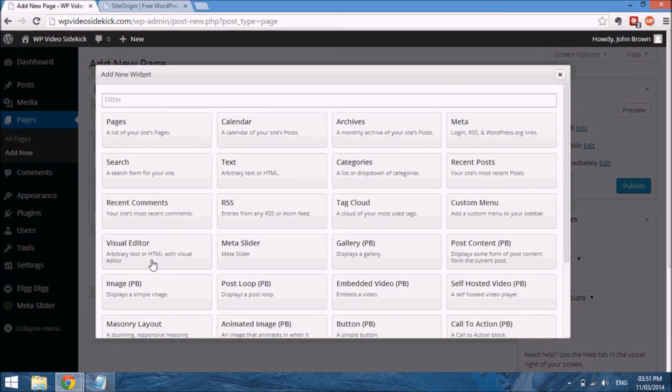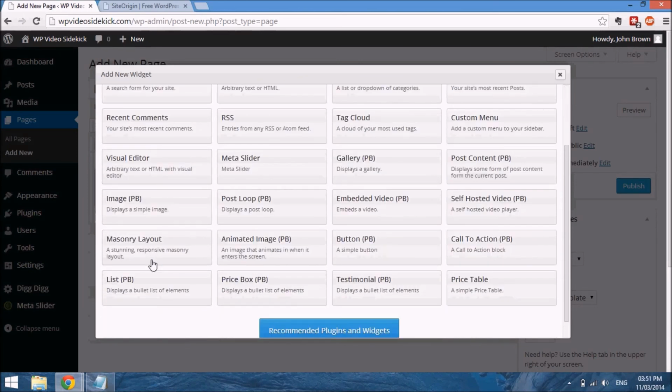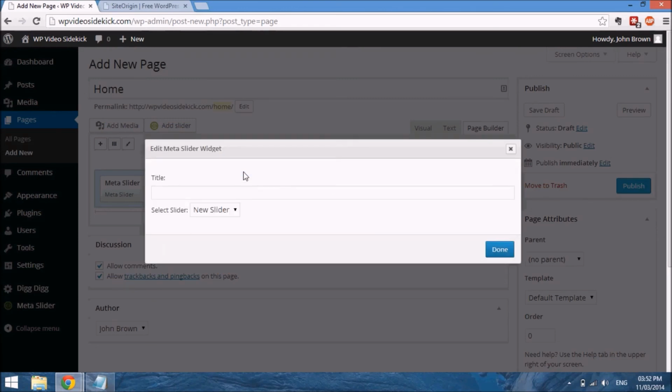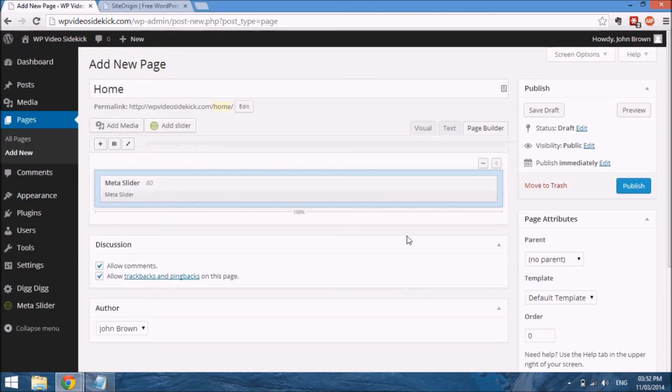Now in the interest of time, I went ahead and added the slides and created a slider, because what this widget does is basically when you go to the Meta Slider options, which is on the left hand side there, you create the slide, you name the slide, and when you come to this widget you just select it by name. So my slider is called new slider, so I'll just drop that there,